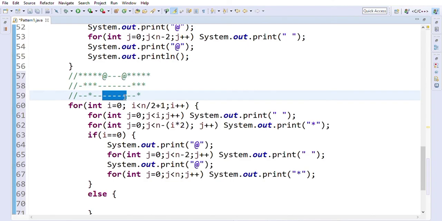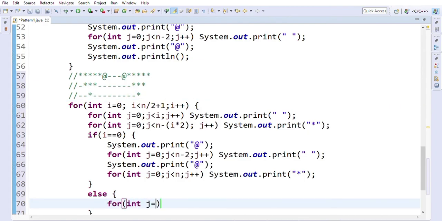We can generalize like this. So for int j equal to 0, j is less than n plus i into 2, j plus plus, sysout white spaces.